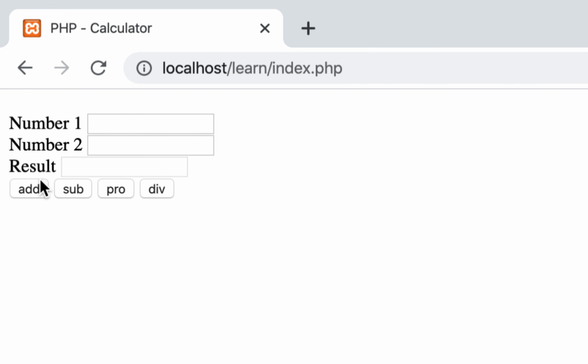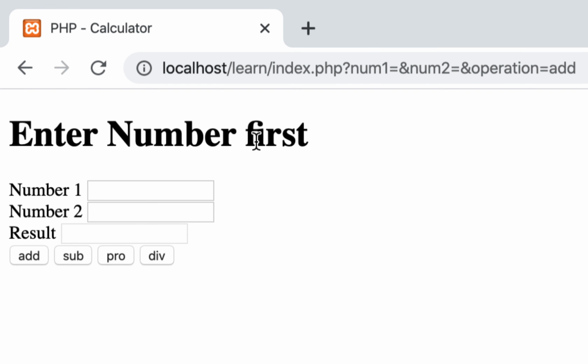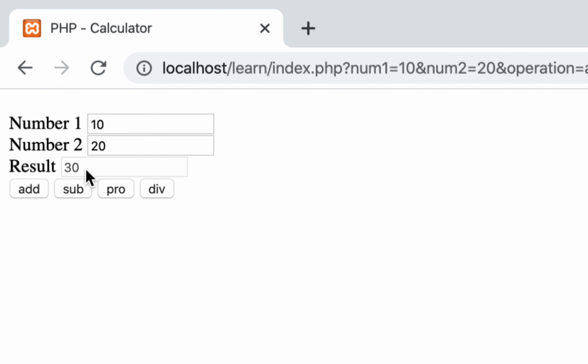So when you click on the add button, it is going to say you enter number first, because you have not entered the number. So let's enter the number and click on the add button again. In this case we are getting the result, and also 10 and 20, which is the value which we entered